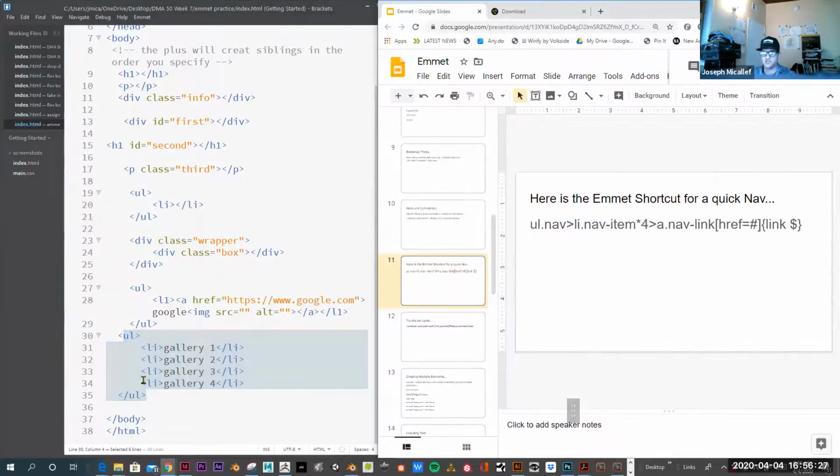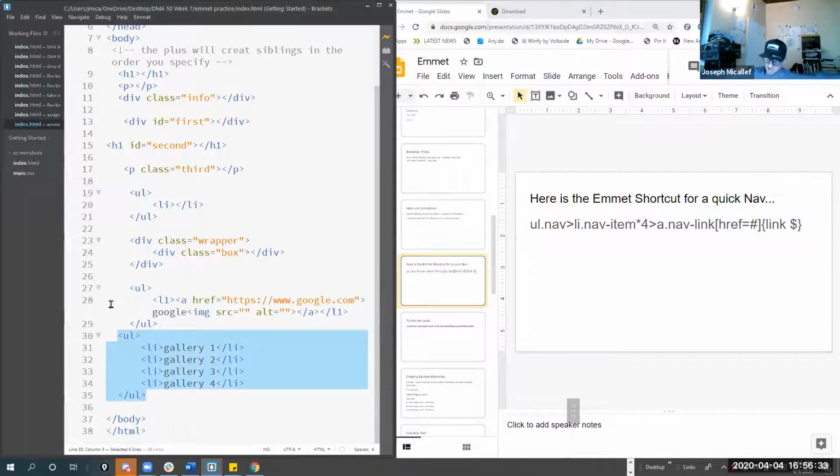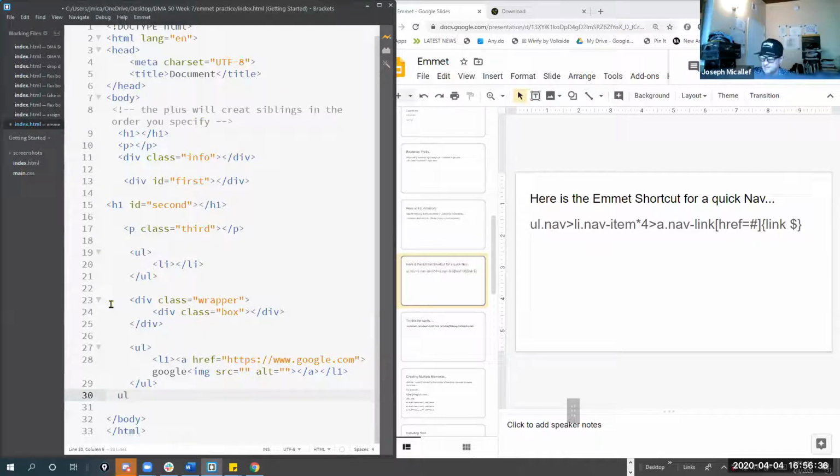So to go a little deeper into this, let's say I wanted to create a list of links. So what I could do is say something like UL greater than LI, and then I'll have the times 4 here for the LI. But let's say I want to have 4 links vertically on the page. Then I can do that A tag again. So the A tag again is the link. And then for that link, I can